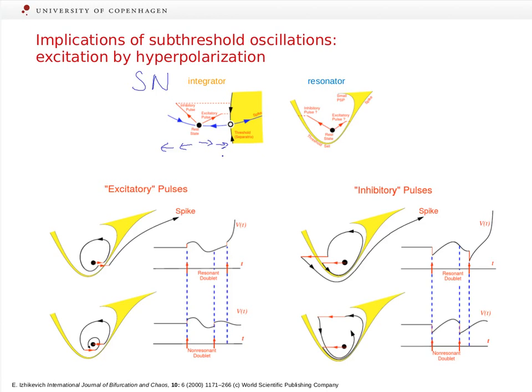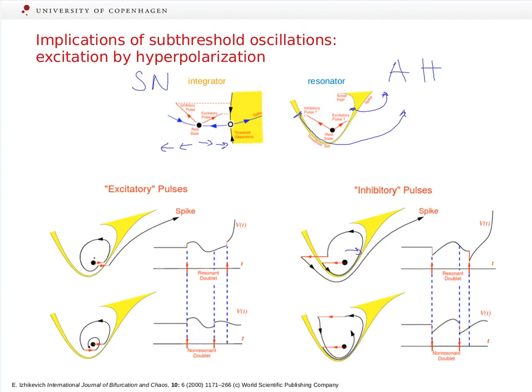integrate the input. A different case is seen in Andronov-Hopf neurons. Such neurons can be modeled by a dynamical system that is near the Andronov-Hopf bifurcation. And here the threshold manifold is actually curved, so the system can produce a spike starting either from here or from here. So the neuron doesn't have to be strictly depolarized to make a spike. You can hyperpolarize a neuron and still get a spike.